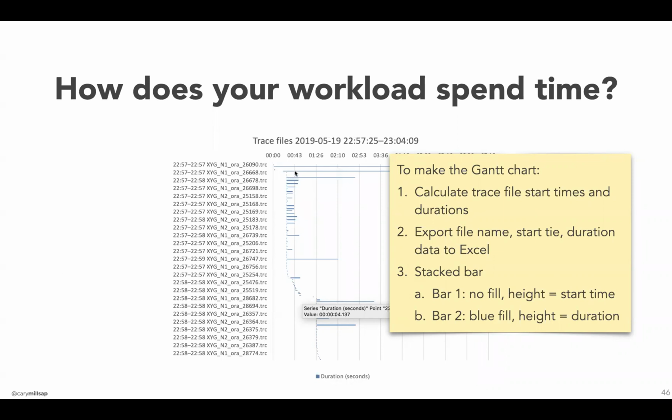So each of these bars is actually a stack. The bar on the left is invisible, and the bar on the right is blue. The height of the invisible bar is the start time, and the height of the blue bar is the duration. So what we've got is basically a bar that offsets the beginning of the blue bar, and then the blue bar shows when the start time was and when the end time was, and of course the length here is the duration. And it took me probably half an hour's worth of fiddling in Excel to get this one done, but